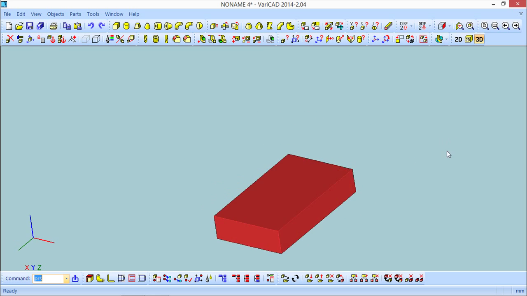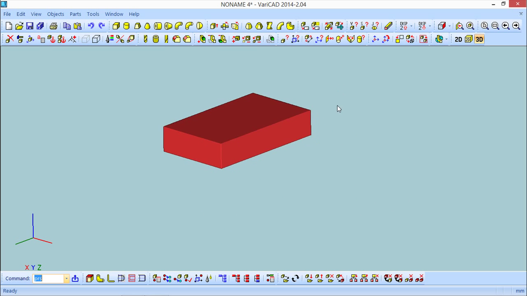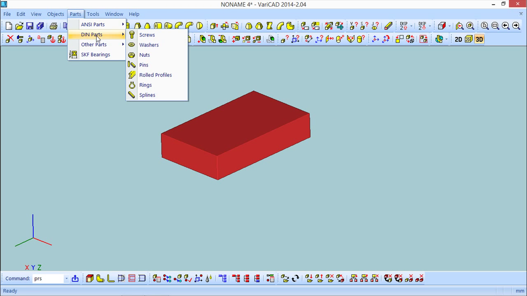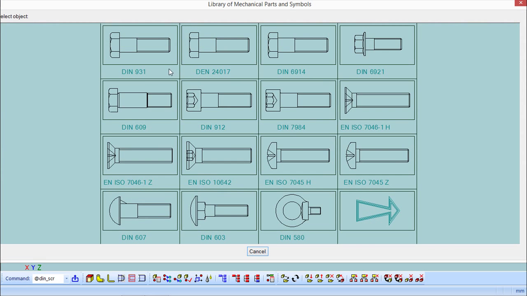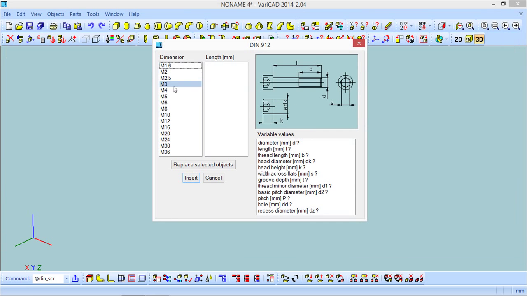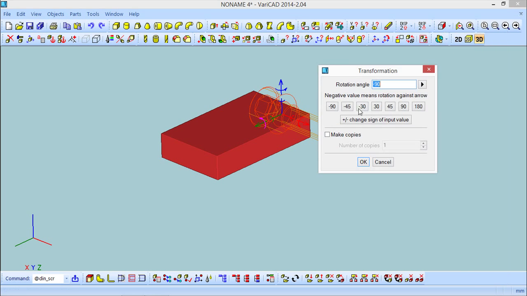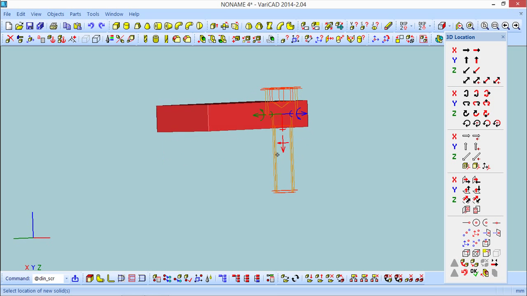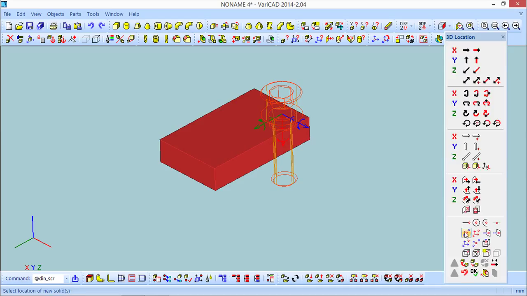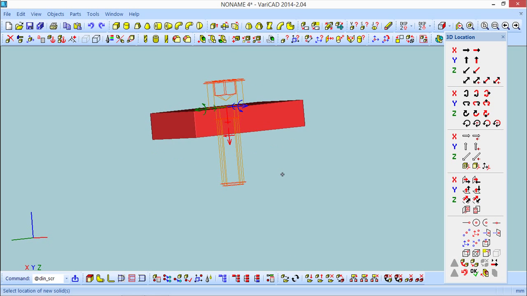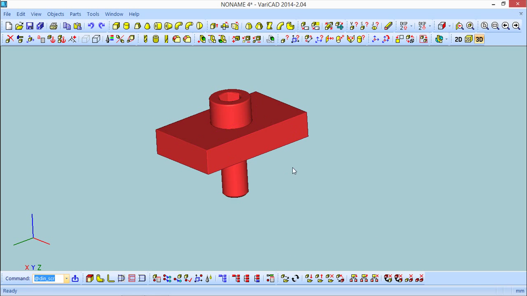Now, to make it easier, I will insert a screw from the libraries. It can be, for example, this one here, M10 and 30. Okay, I will turn it. Okay, very good, and we'll position it in the middle of this, to the middle of this. Okay, so I have the screw positioned,